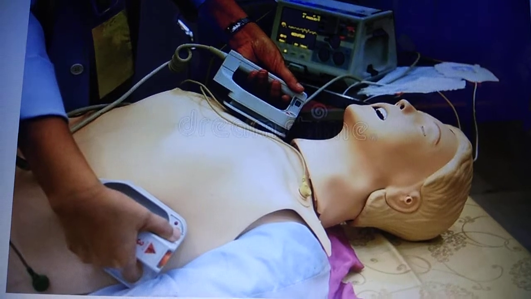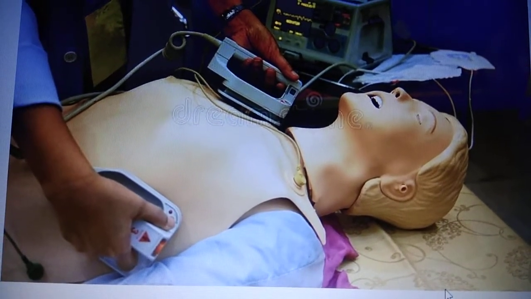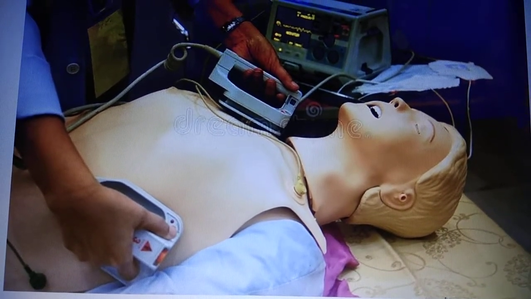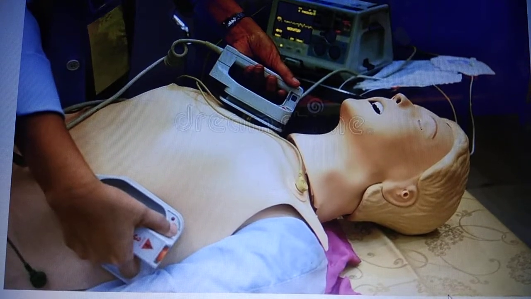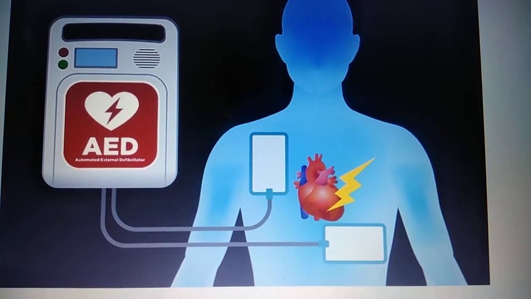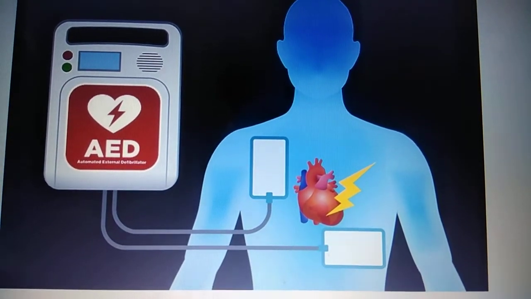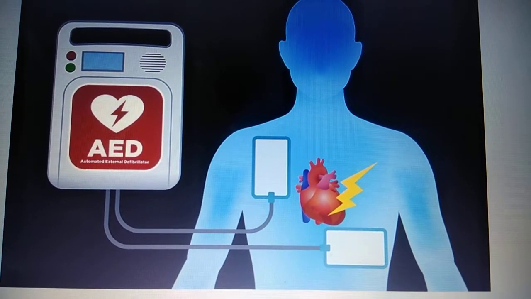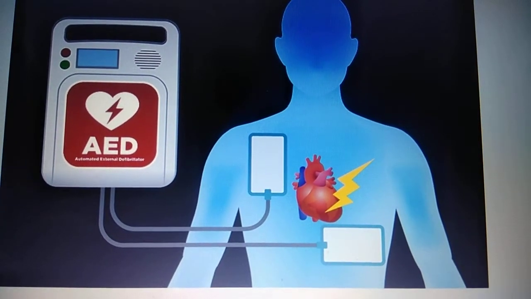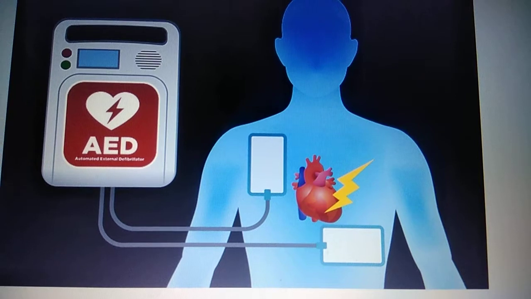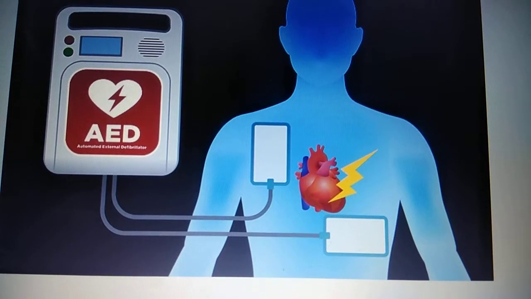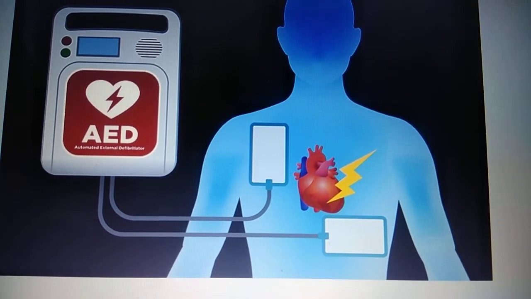Okay, right. There are three types of defibrillators. One is the AED, which is showing in the picture right now. This is the AED, Automated External Defibrillator. While operating this AED, not only doctors, but known persons can also place the pads of this AED, one on the left side of the chest and one on the right side of the body, as shown in the picture, to rescue the person.